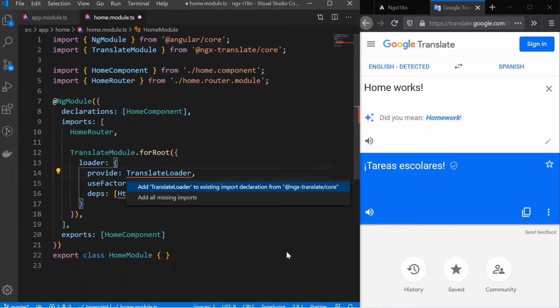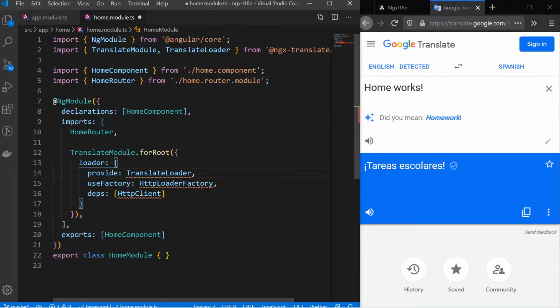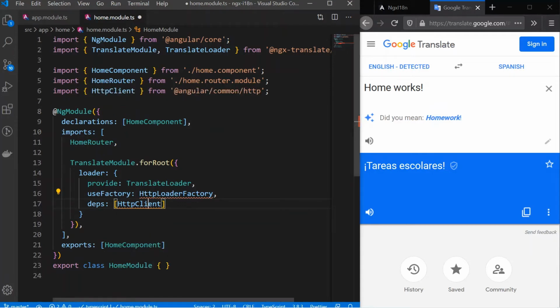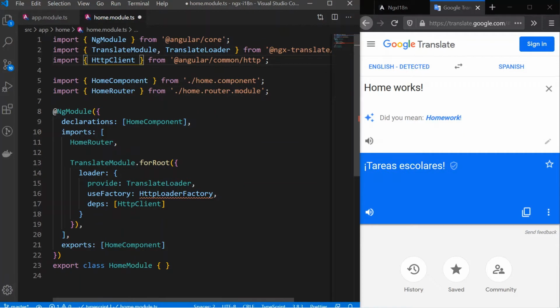And again translate loader we will import from there itself. We'll create this HTTP loader. HTTP client we also have to import. I've imported it. Okay, let's create the HTTP loader factory. I'll name it home HTTP loader factory.